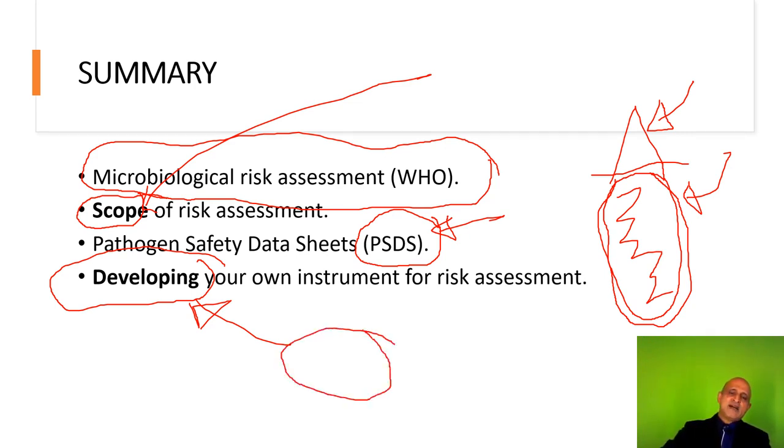And in the next lecture, I will move on to risk mitigation. In risk mitigation, I will discuss the application of the 5 controls to mitigate the risks posed by biological agents. I will also discuss engineering controls in detail with facility design and the writing of standard operating procedures.